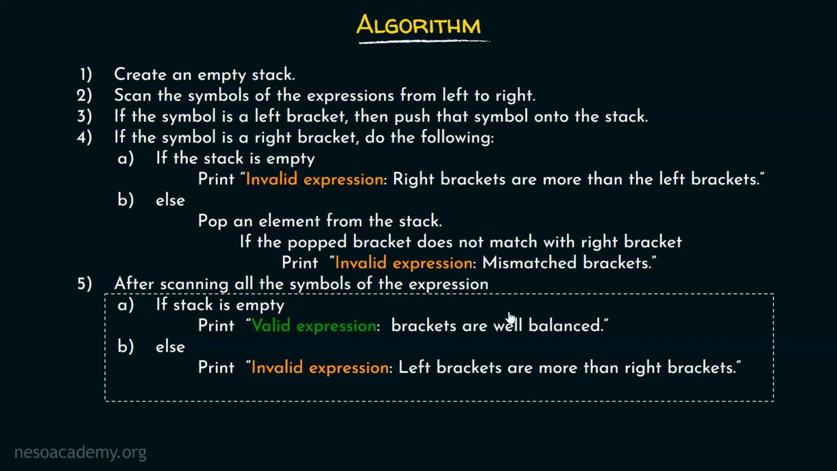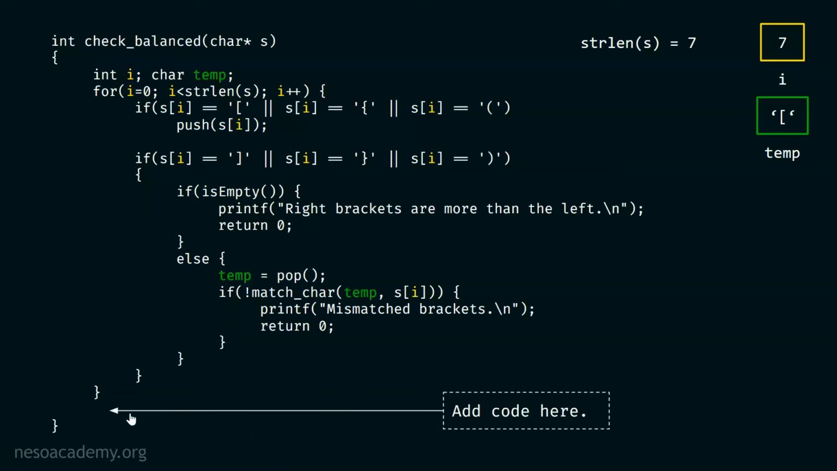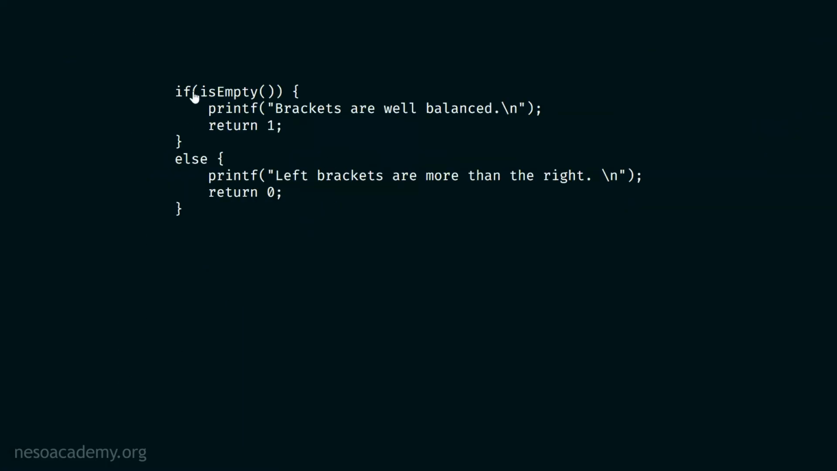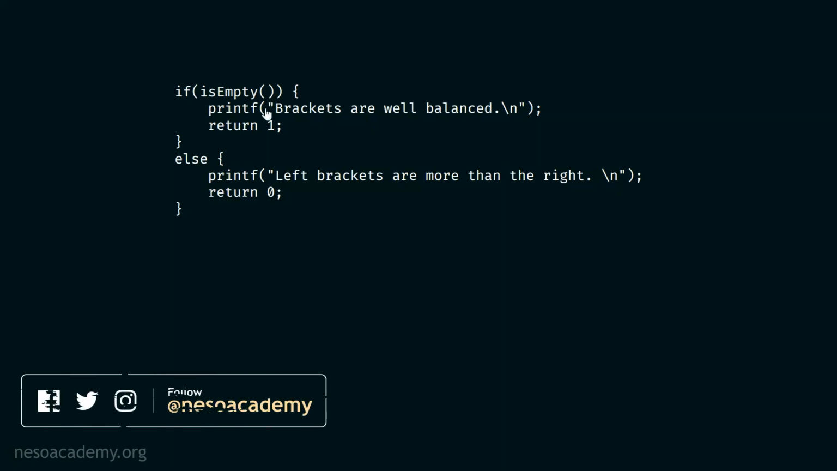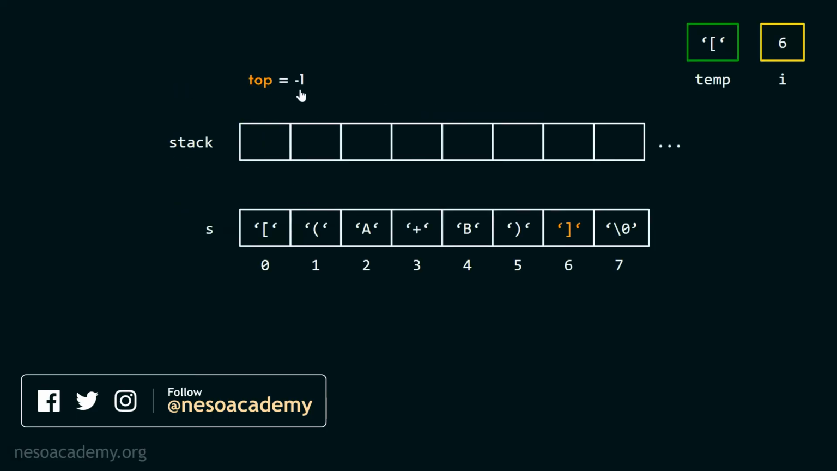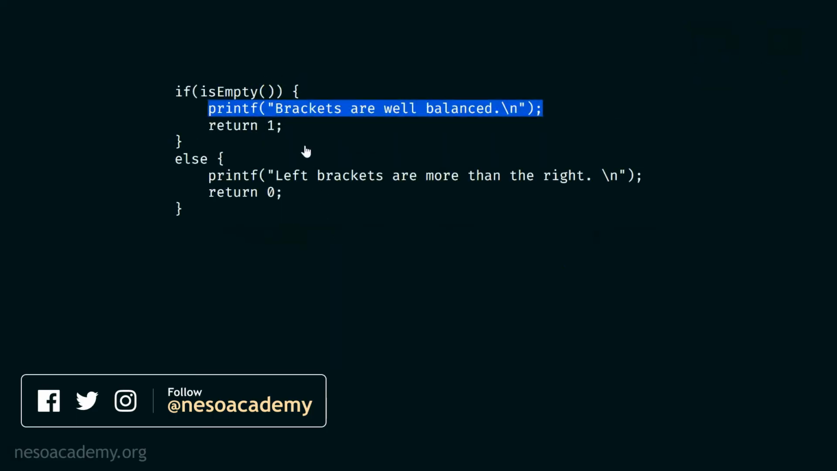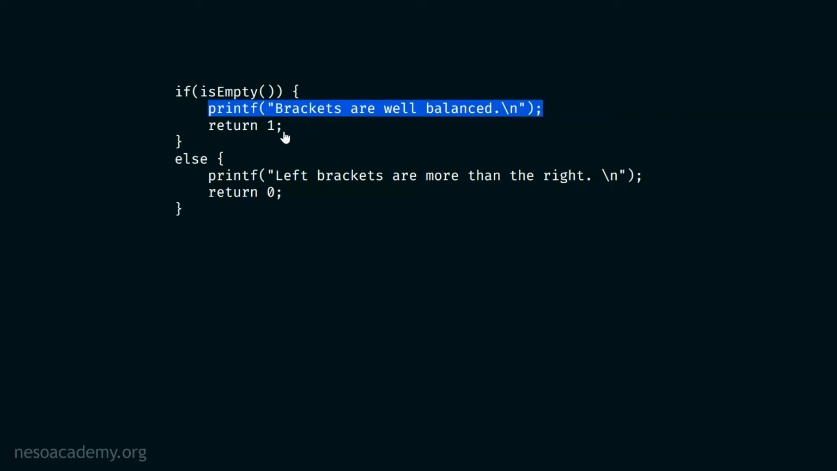As simple as that. Here, of course, we need to add this code after this for loop. That is, if stack is empty, then print brackets are well balanced and return 1. Otherwise, print left brackets are more than the right and return 0. Simple, right? We know that at this point in time, stack is actually empty because top is -1. Therefore, we must print this message, brackets are well balanced, and we must return 1 from this particular function,